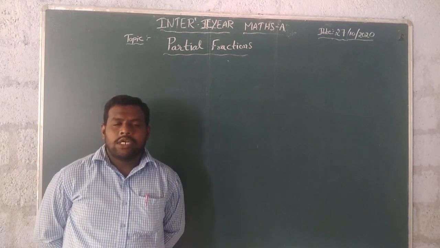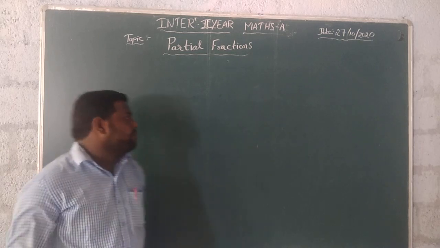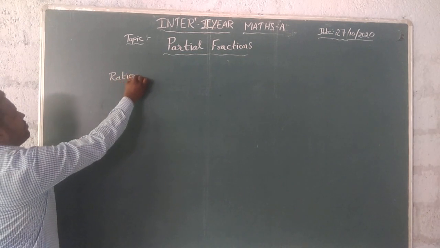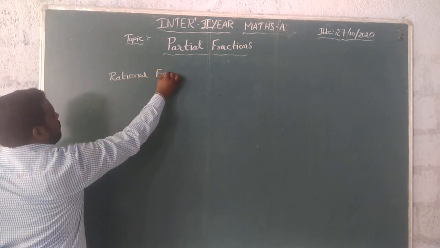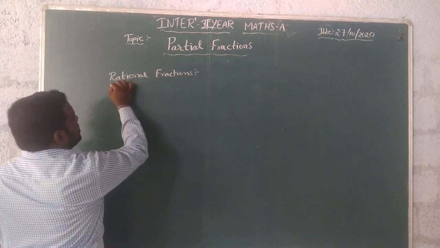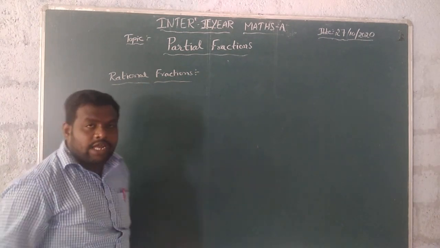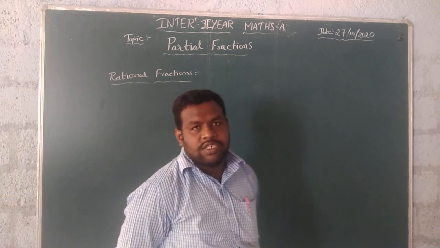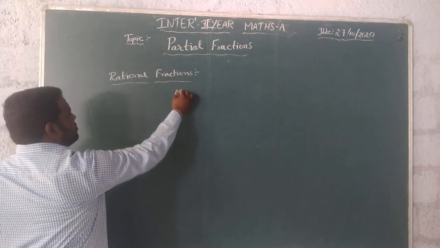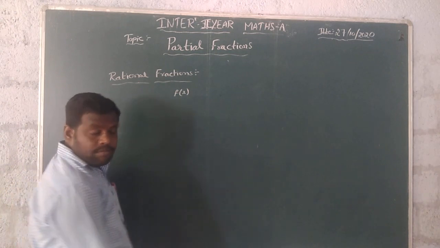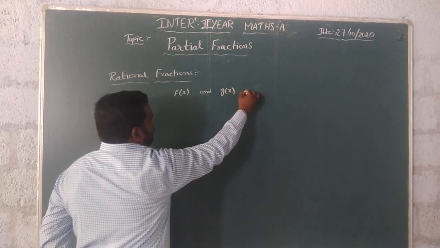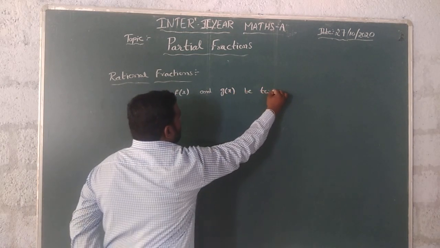So before partial fractions, we also need to identify something first. So first of all we will discuss rational fractions. Rational fractions are rational functions. Okay. So f of x, everyone listen here, f of x and g of x being two polynomials,